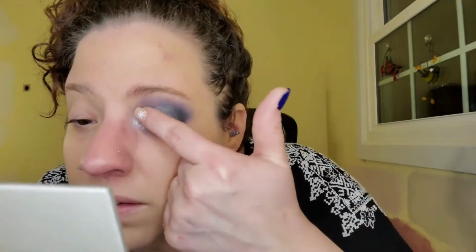Okay, I'm going to use my finger to do this. Now this seems to have a gel formula that this glitter's sitting in, so it's not very dry, which makes putting it on and staying on easier. Now obviously this is not considered eye safe, but